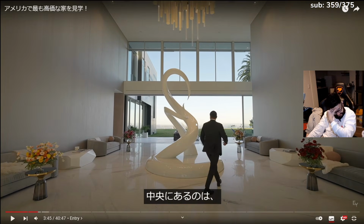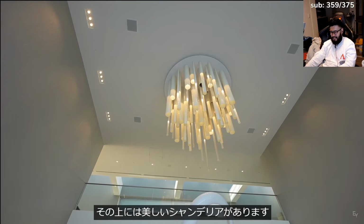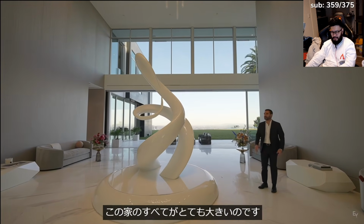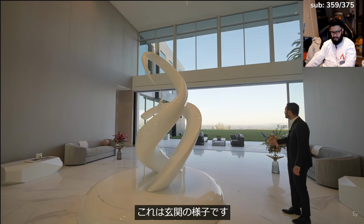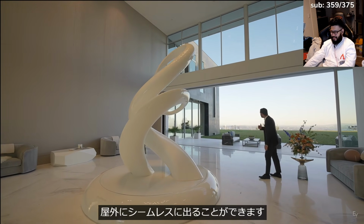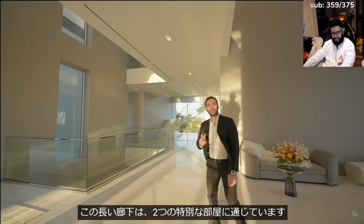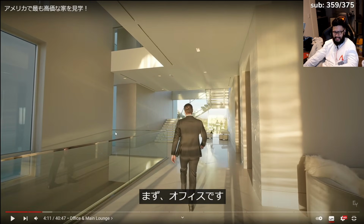いや、待って、バグる。待って、脳がバグった。天井高すぎて、マジで意味わからん。サイズ感がすごいバグってる今。回転してるしな。 Everything in this house is so oversized, so grand, and this is just your entry here. You have seating on each side, suede walls, and sliding glass doors. ホテルの待合室やんな、これ最初の。 Takes you to the outdoors. いや、太陽光の当たり最高だな、これ。朝日っぽさあるし。